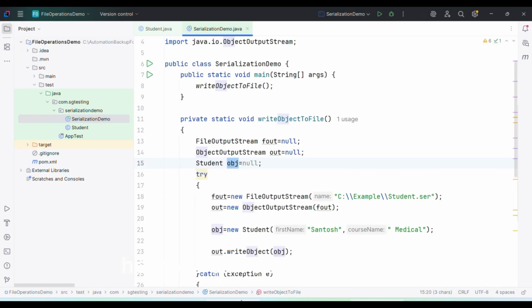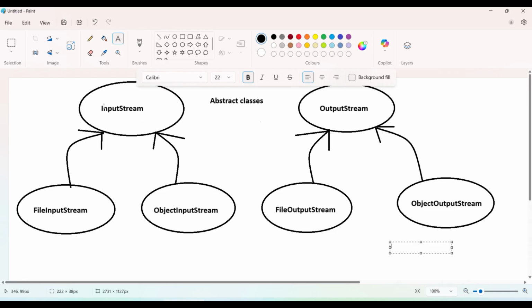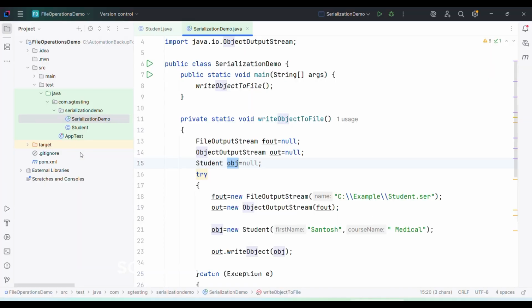How can we achieve it? InputStream is an abstract class. It has two subclasses called FileInputStream and ObjectInputStream. By using these two objects, we can achieve the deserialization concept. So I would like to go with